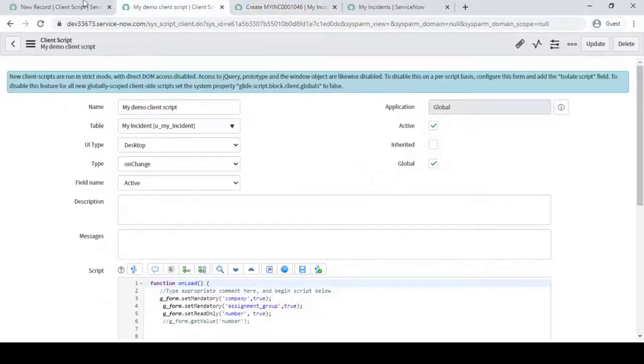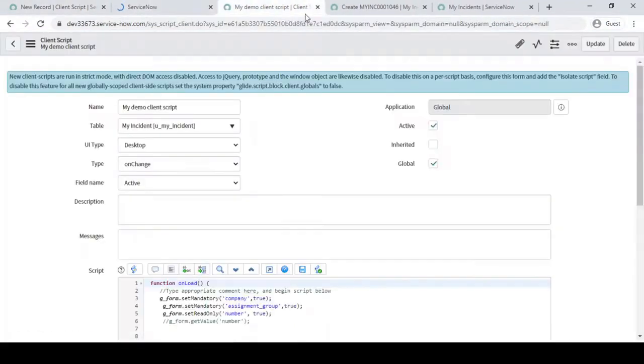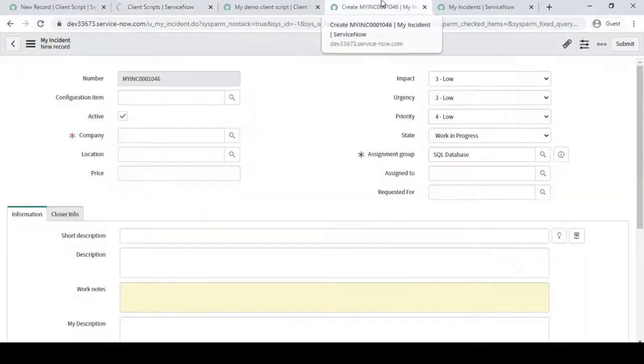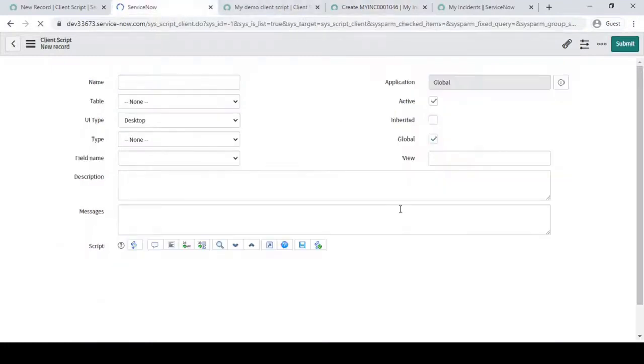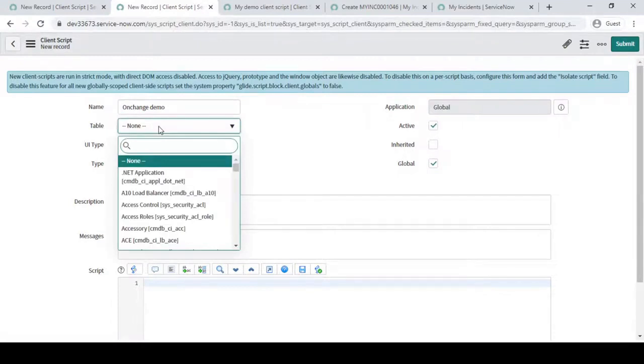Okay, I'm not going to do steps over here. Let me write a new one for this. On change of the state, we have to make the field assigned to read only. So how can we do so? Here, change demo. Table, we have to select my incident,